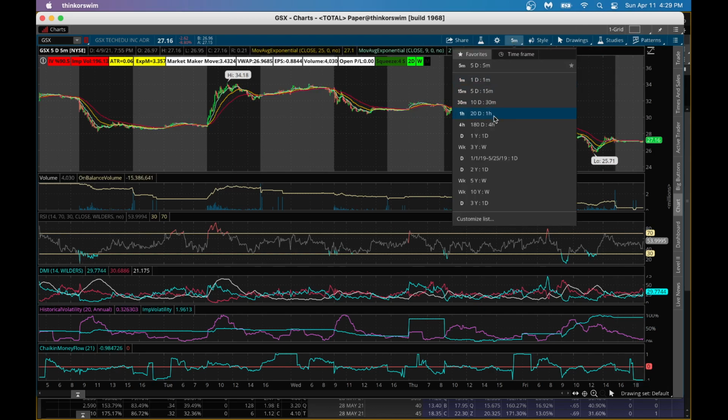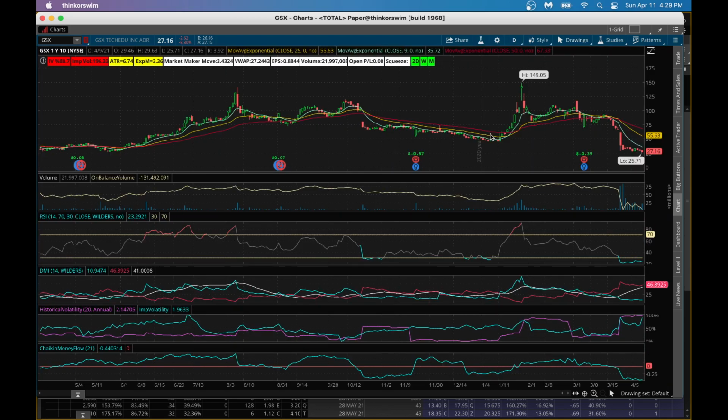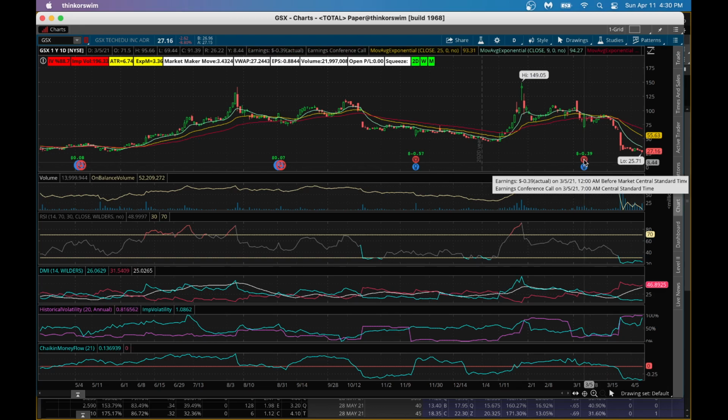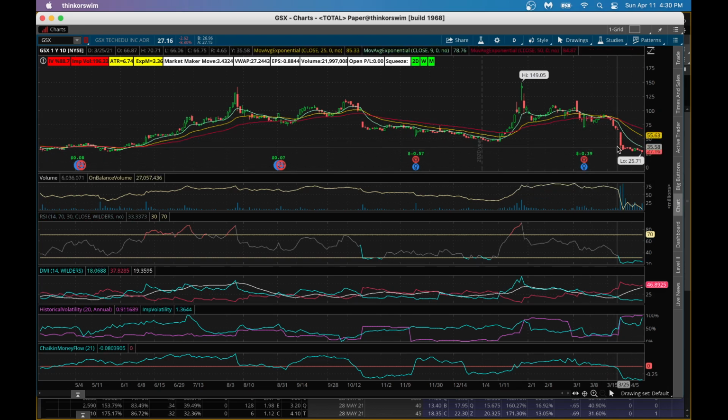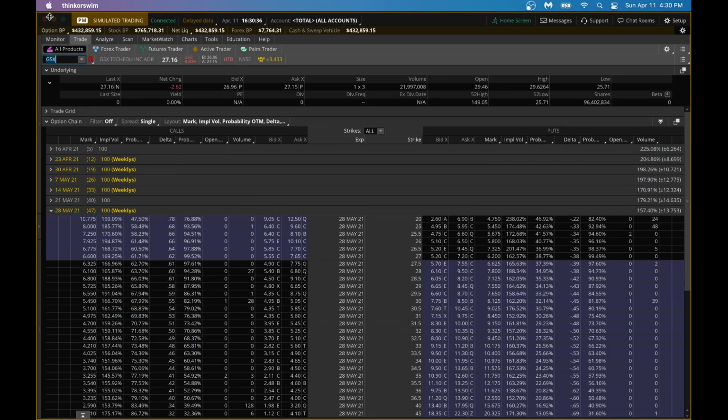So now let's go back to the 1 year chart. With this, what should we do? You can also try to see what has happened in past earnings. Earnings here, stock went up. Earnings here, stock went up. Earnings here, stock went up. So I think if this stock sells off before the earnings, it typically tries to go up, which is a good sign. And here, on the contrary, after the earnings the stock went down. Typically, when the stock is down during the earnings, there is a chance, if there's any positive news, that the stock can bounce back. So with that, let's go into the option chain and see what we can do.